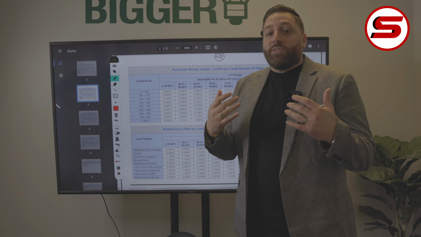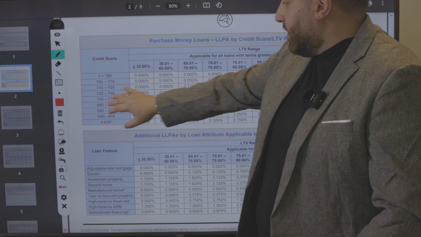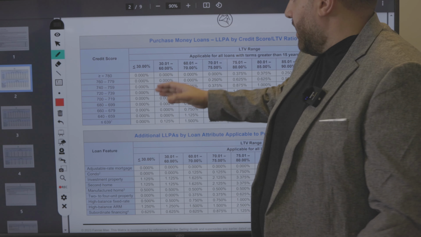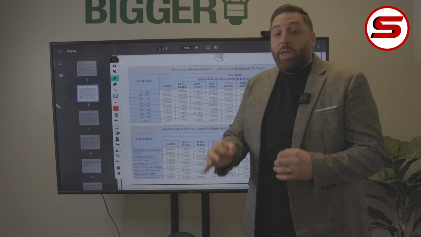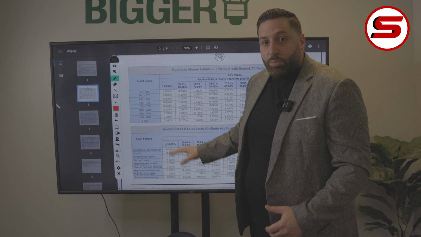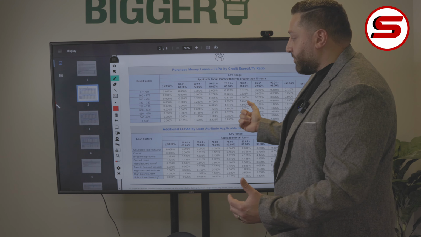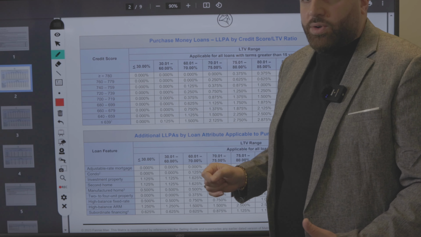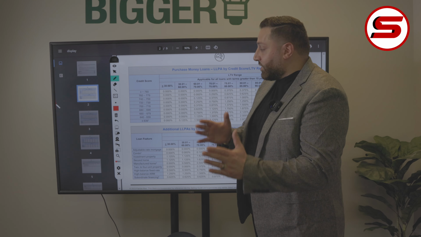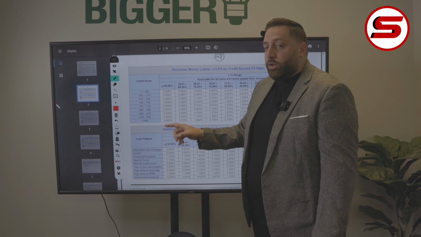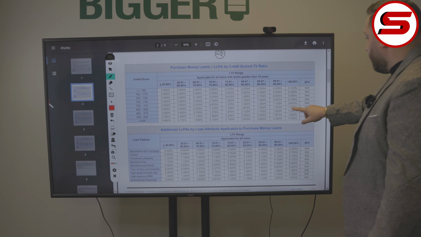Purchase money means you're buying a house. Depending on your credit score is going to depend on where you fall in this row, and depending on how much you're putting down is going to depend on where you fall here for your base adjustment. There's more to it, there's more down here, but we're just talking right now about the base adjustment. So if you look at this chart, if you have a 680, 690, 698, or 681 credit score, anywhere from 680 to 699, and you want to put 5% down on the home, well, the base adjustment will land you right here,